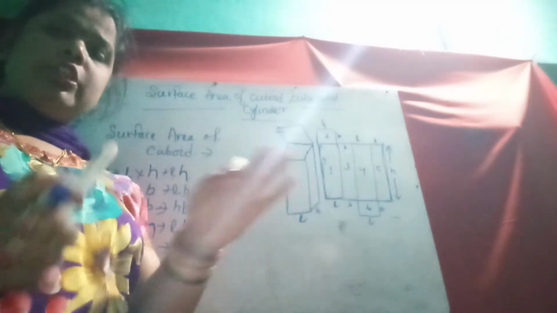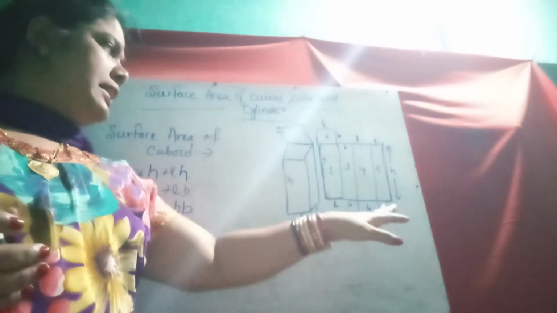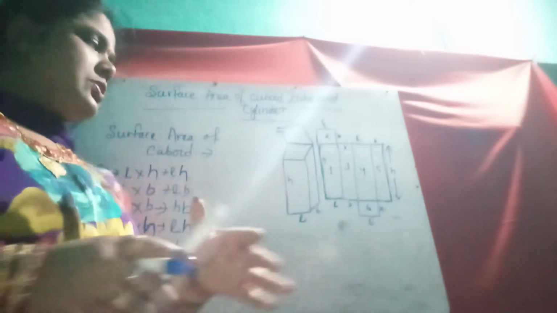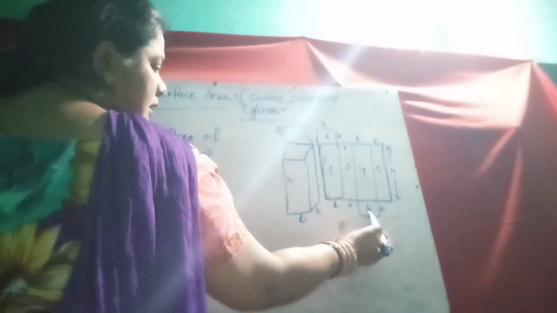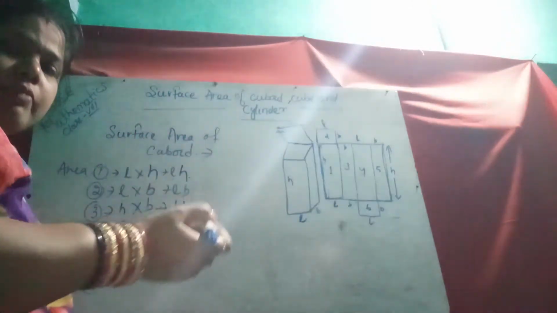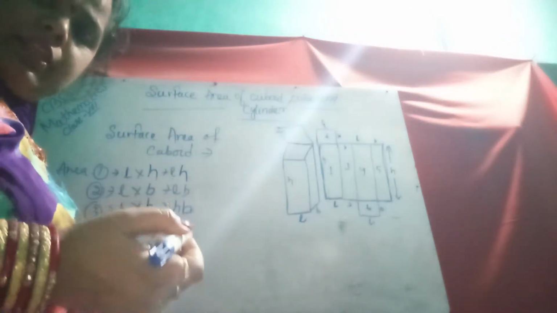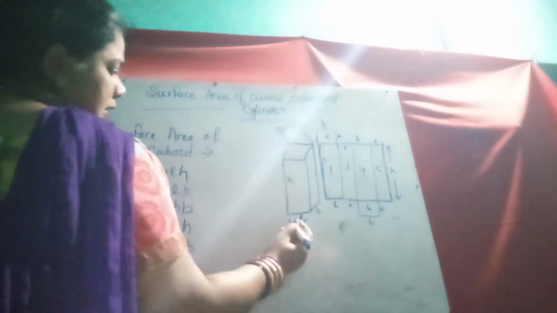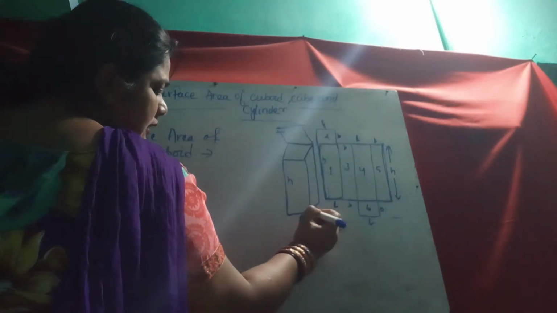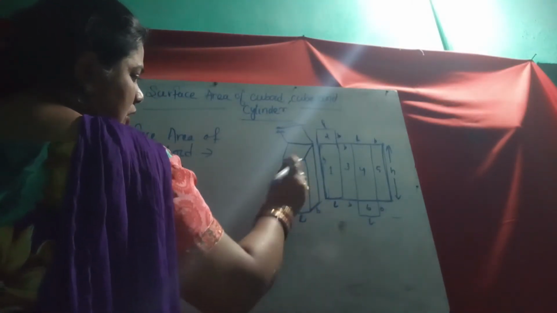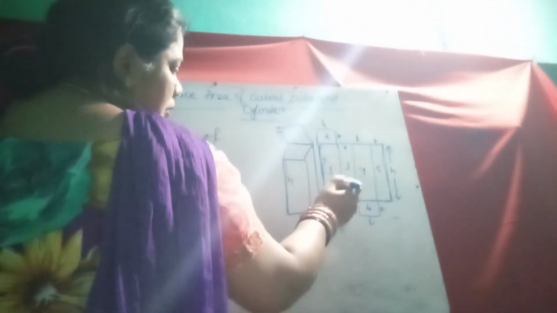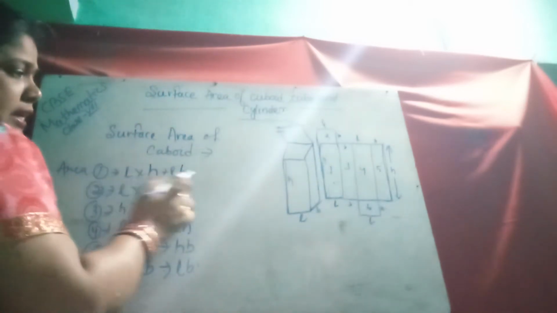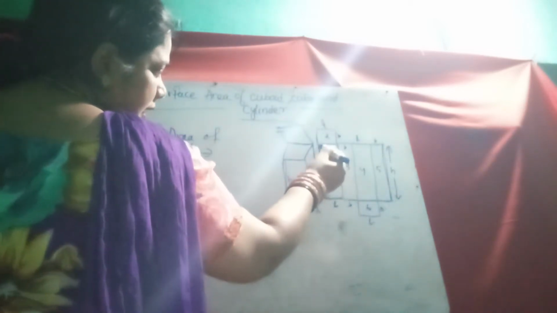When we open a cuboid, we get such type of figure. So it has 6 faces: 1, 2, 3, 4, 5, 6 faces. For each and every face we find the area. In this cuboid, this is length, this is breadth and this is height. When you open the box, we get such type of figure. So the area of number 1 is, this is height,